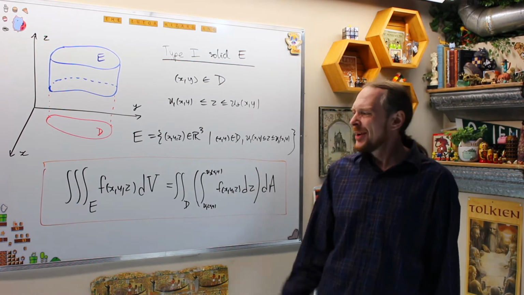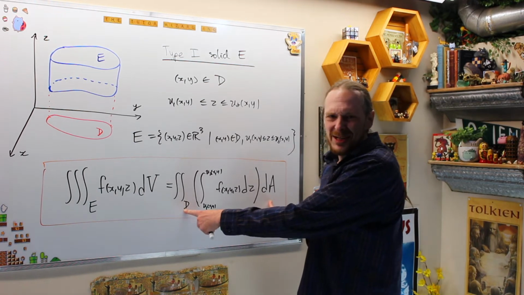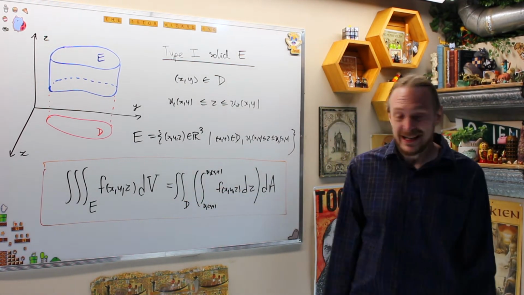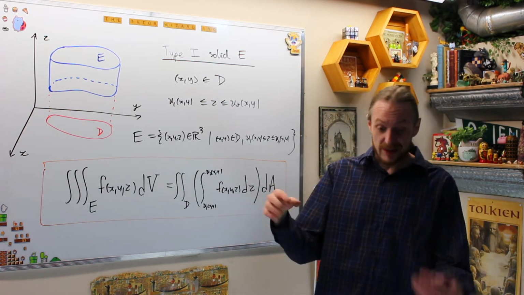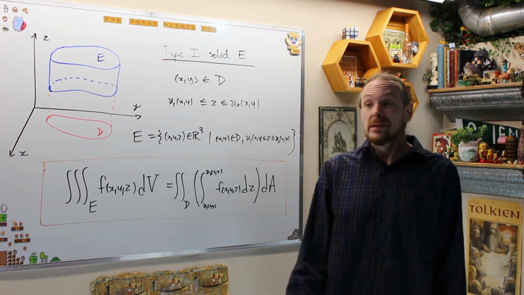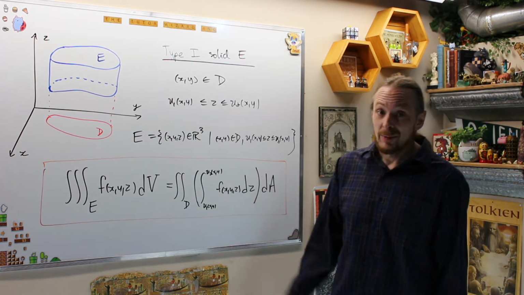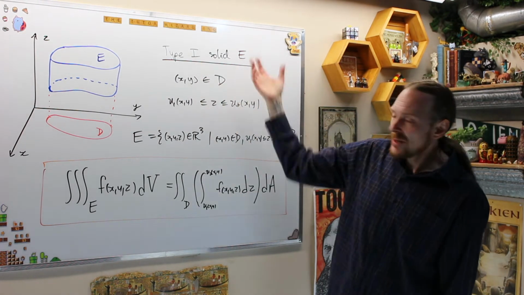Plus, when we switch to these cases, we can also use polar regions to phrase what the region is going to be like. And then later on, we're going to show you how to phrase this as what we're going to call cylindrical coordinates or spherical coordinates, and then have these change of variables in general. So this is going to get out of hand. But what we're first going to do is break our region